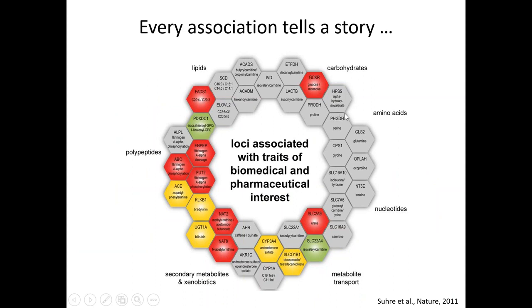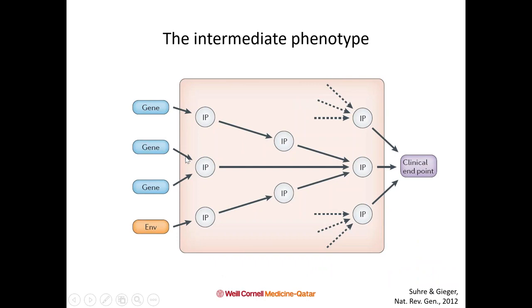So if I take all these variants here and overlay them with GWAS hits, so this was in 2011, I think now there are more. The red ones would be disease risk loci, the yellow ones would be intermediate risks like HDL or LDL to disease, and the green ones would be other GWAS like body weight. So what we find here is that there are actually many GWAS hits with complex endpoints that are also hits with metabolomics. And that brings me back to my initial